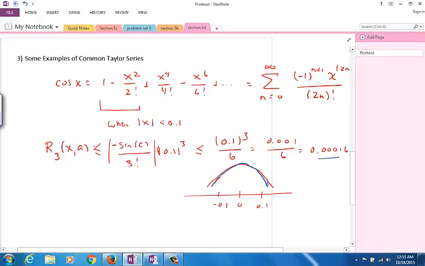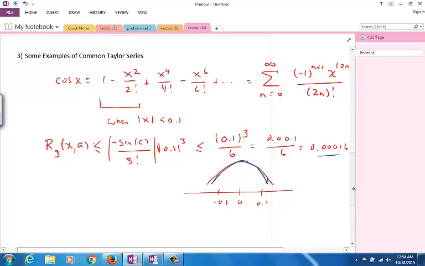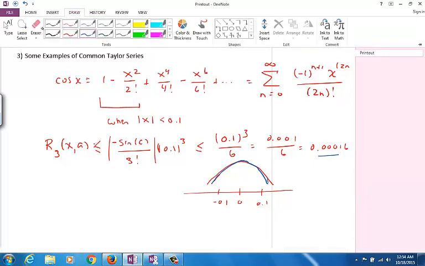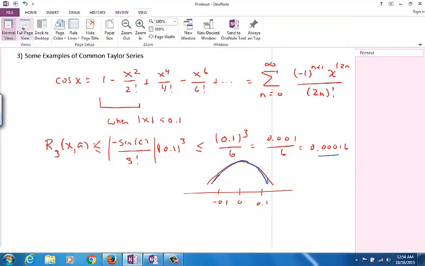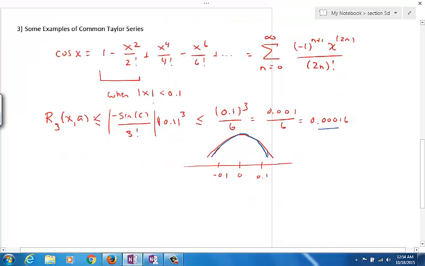And so this is how we figure out how good of an approximation we need. We can either put the range of values we're interested in about the center, and see how far we have to go out before we get a certain error, or we can use the interval and compute it from there. So let me just illustrate what I mean here. Let me back up and re-say this. You can be given a range of x values, and you can ask what is the error for a given